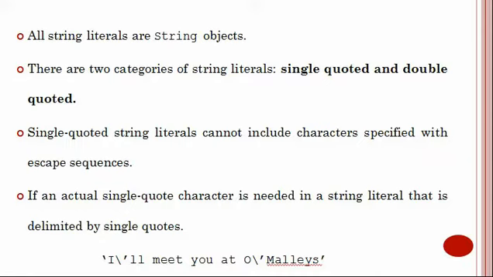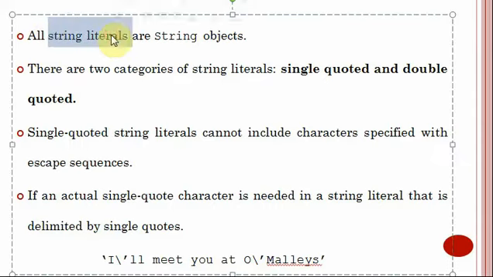So all this you have to tell under numeric class. Next one you have a string literal. So far you saw about numeric literal, now we'll come to string literal. String literals are string objects. There are two categories of string literal, that is single quoted and double quoted. Both single quoted and double quoted are allowed, but we'll see with the example how the data will be displayed.